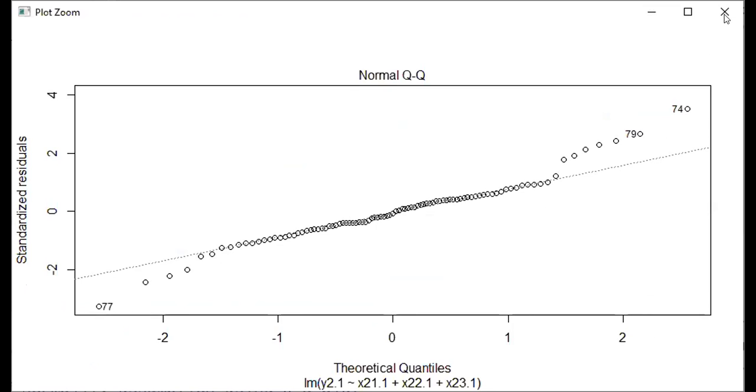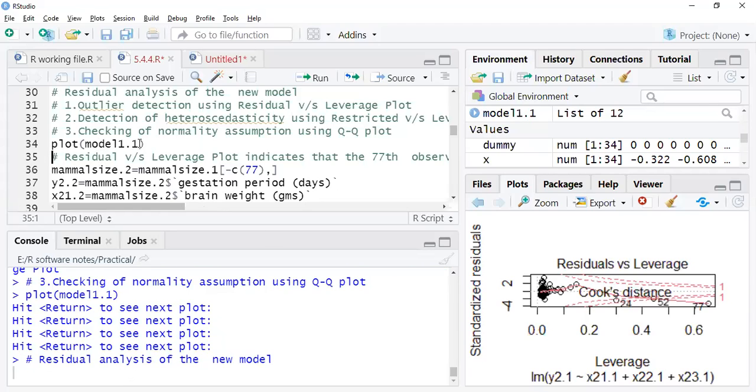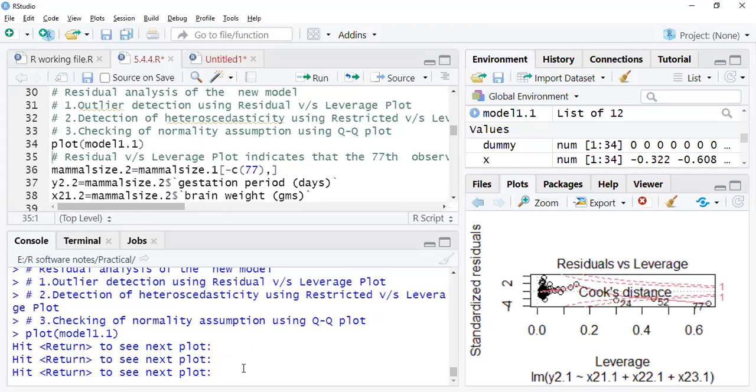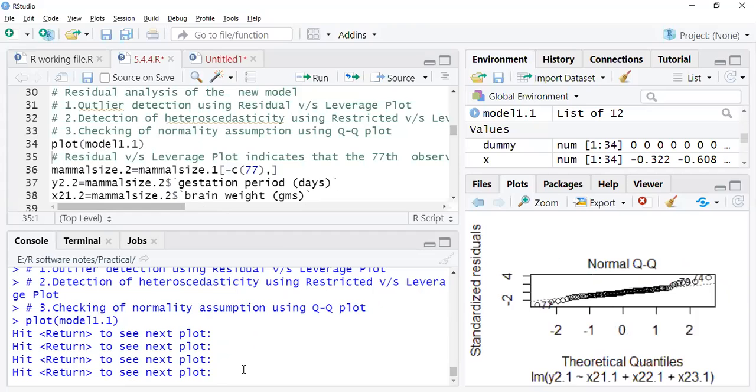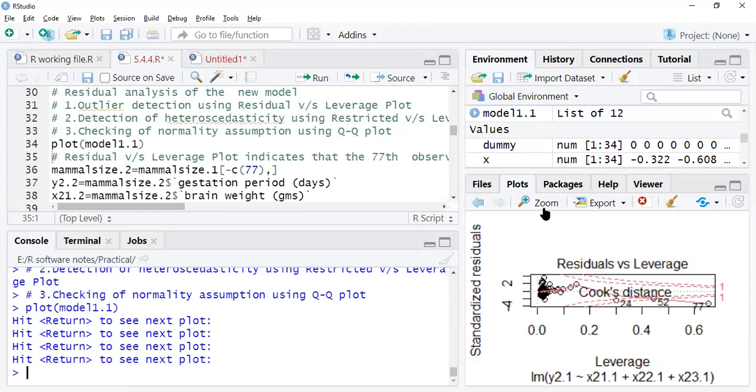वो कौन बताता है? वो आपको रेसिडुअल वर्सेस फिटेड प्लॉट बताएगा। Oh, I think I didn't execute this, तो दिखा नहीं लास्ट में। अच्छा, I'll plot again. Yeah, so when you execute again,